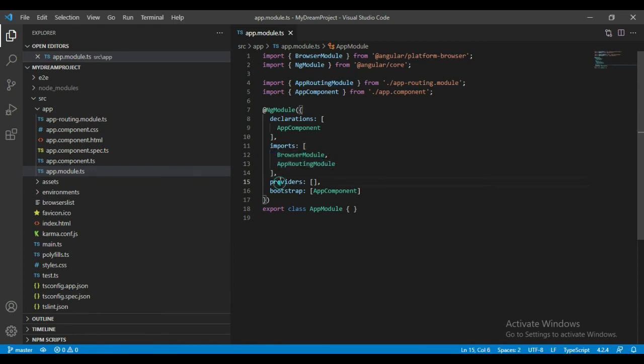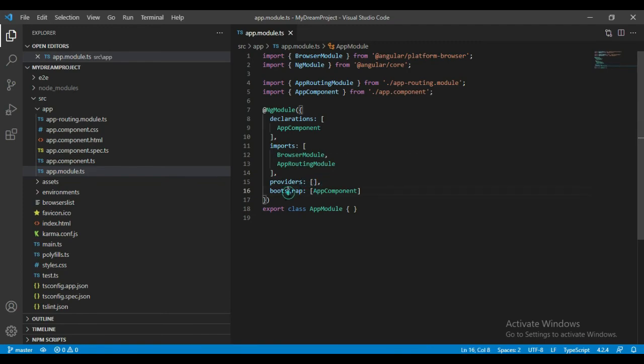Then we have providers, which provide outsourced data, like services responsible for API calls and getting data. We can say we will add all services inside the providers.